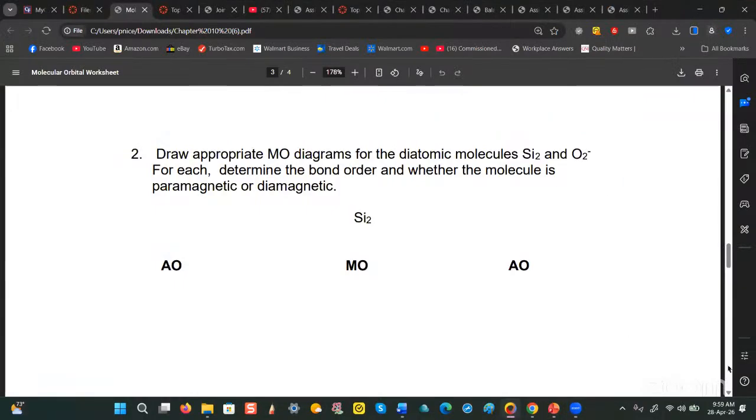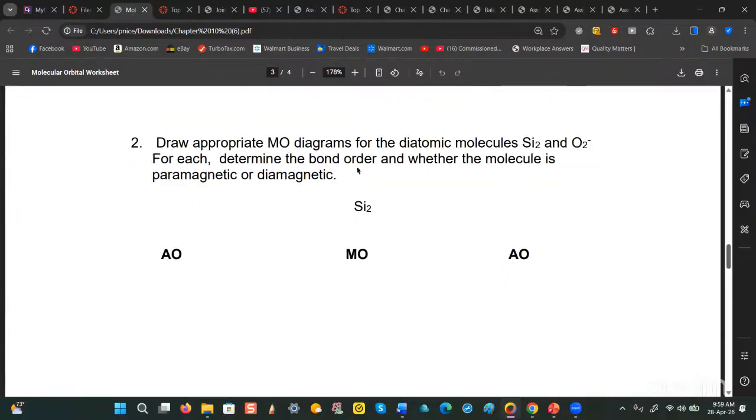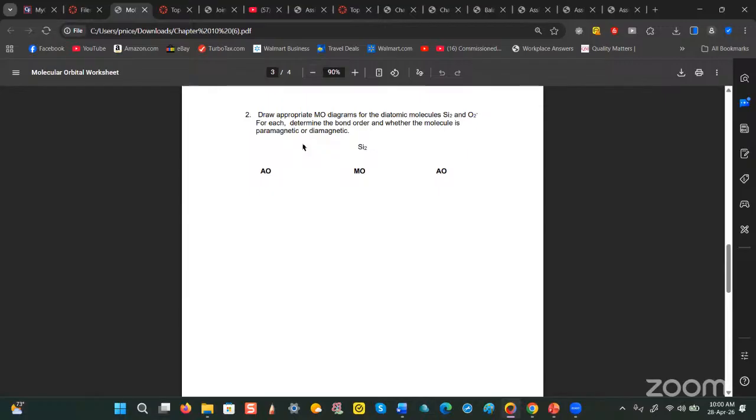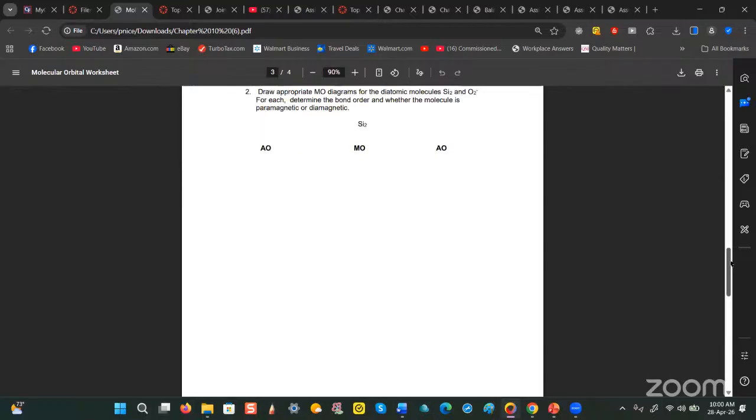So let me go here. Okay, so the question says in assignment 10, question number 2, it says draw, let me make this smaller because I'm going to need the space to draw the diagram. Okay, so the question says, draw appropriate MO diagrams for the diatomic molecules of silicon 2, Si2, and O2 minus. All right. So let's see here. For each, determine the bond order and whether the molecule is paramagnetic or diamagnetic. All right. So in the case of Si2,